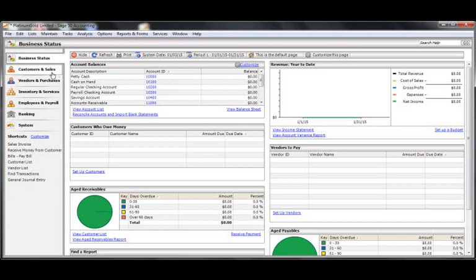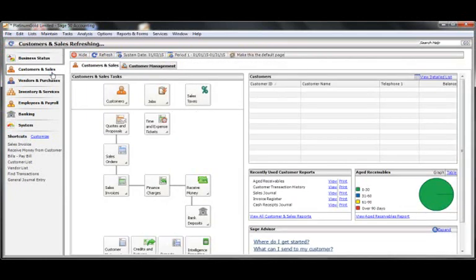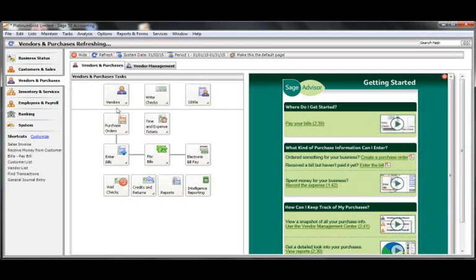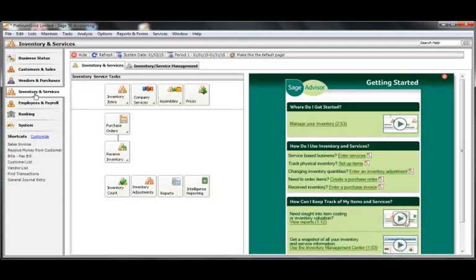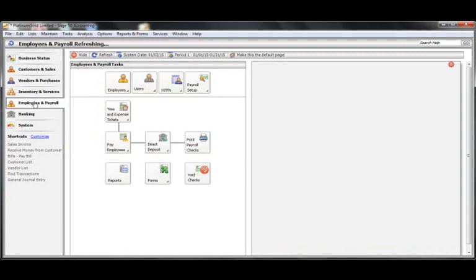All right, so when you want to work on customers and sales, you just come through the icon as stated, click on the appropriate icon and you'll be working. Also for vendors and purchases, once you click on the right icon, then you continue working. You achieve the same aim as if you are working using the menus. You have the inventory and services icon as well, employee and payroll